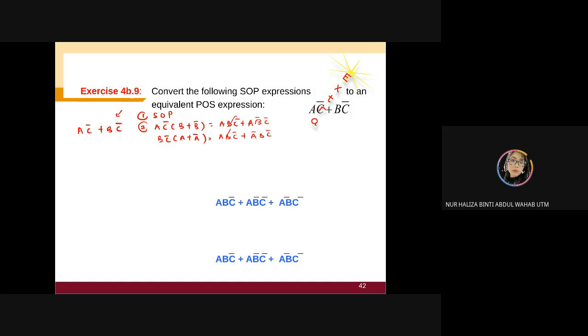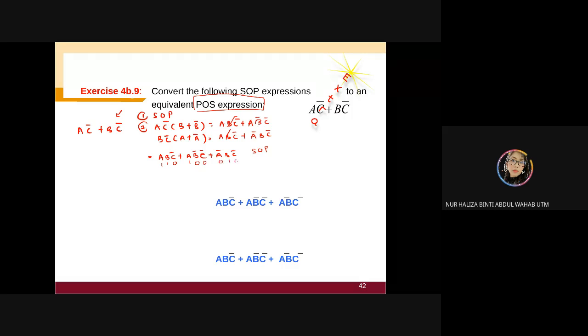And my answer will be altogether A, B, C bar plus A, B bar, C bar plus A bar, B, C. Okay, this is my SOP. It asks me to convert to POS. From here, I'm going to get 1, 1, 0. What else? 1, 0, 0,